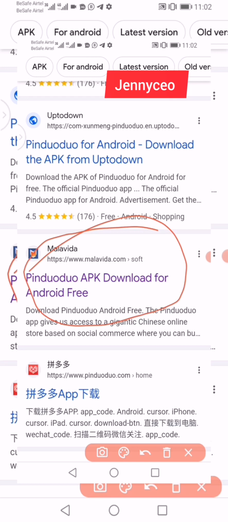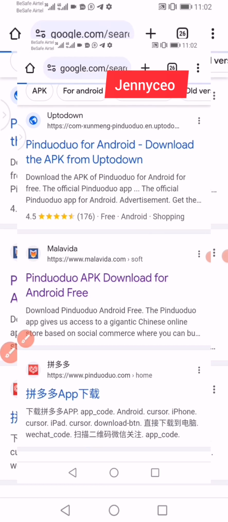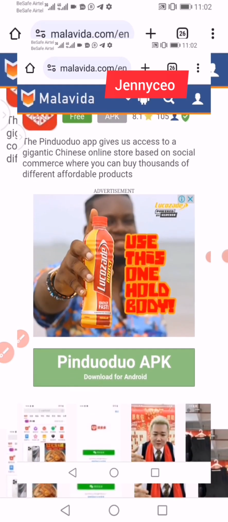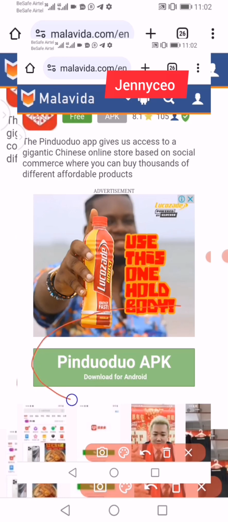That's where you click on. That's you download Pindoduo APK. So let's click on it. You click on it. Bam, you're here. So you scroll down. You go to this APK download for Android, because once Android users, this is how you